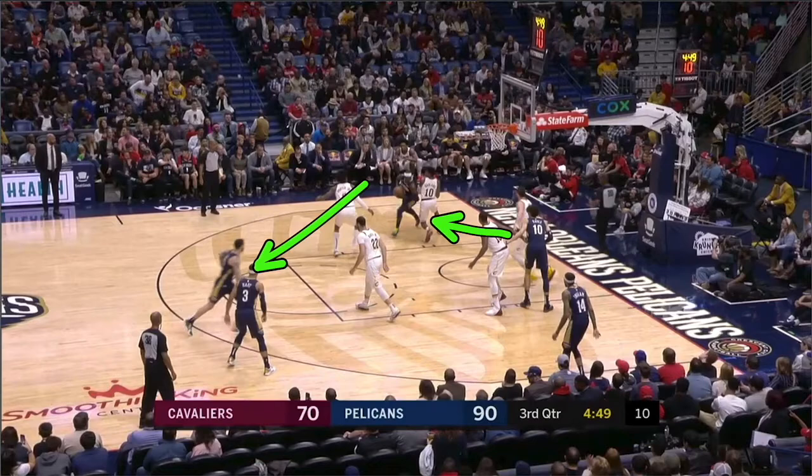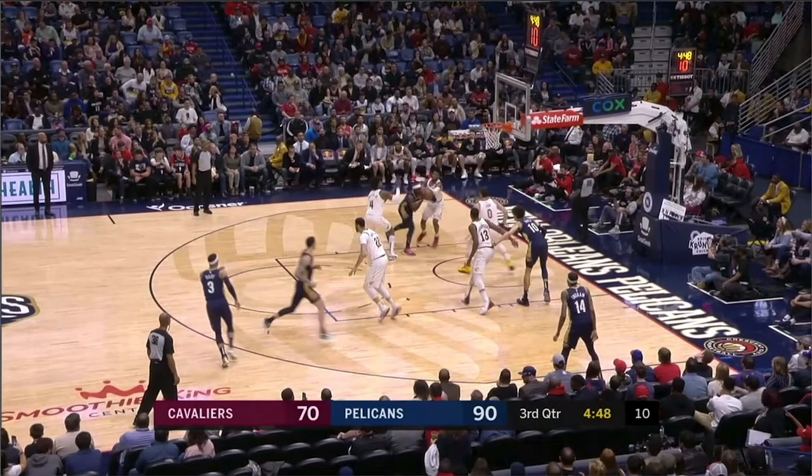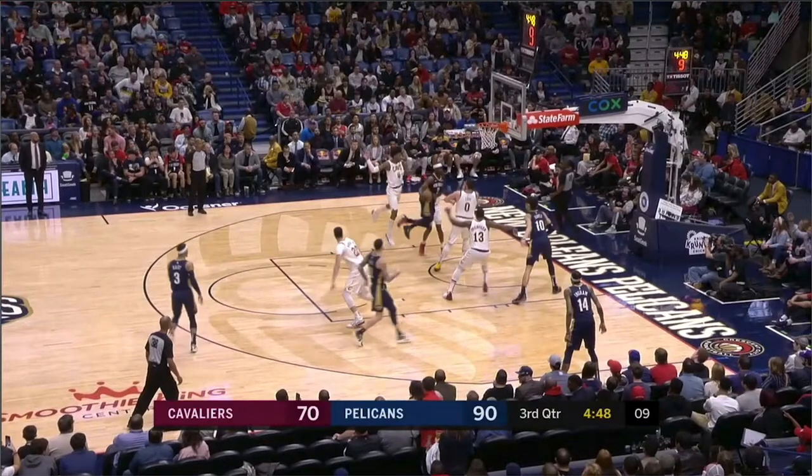And if you send multiple people for no reason doubling the post, then you're not going to be able to rotate on the perimeter. So look at this. If Kevin Love goes to double the post, Tristan Thompson does a great job sinking down and helping the helper. You can't leave this opposite block vacant. This player should not be doubling the post. I don't know what he's doing. He should be staying with Lonzo Ball, okay? And so we're leaving the weak side corner here, right here, open.